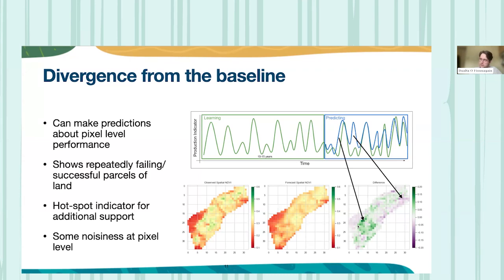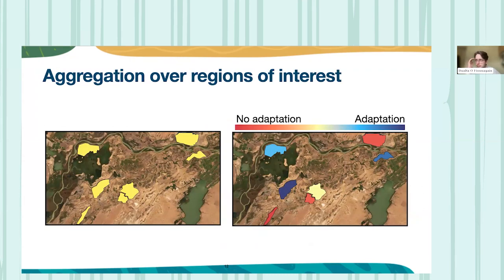To get around that, one thing you could do is aggregate. So say in this case, this is still the Senegal River Valley here. If we pick slightly larger regions of interest and subdivide them, we could aggregate over all the pixels in that region, and then find differences in the biomass adaptation. If we did that, these are hypothetical values here, but it shows you could see different trends and where support is